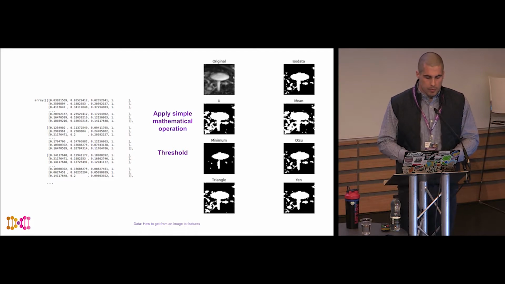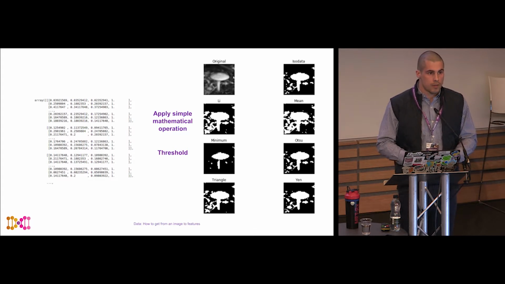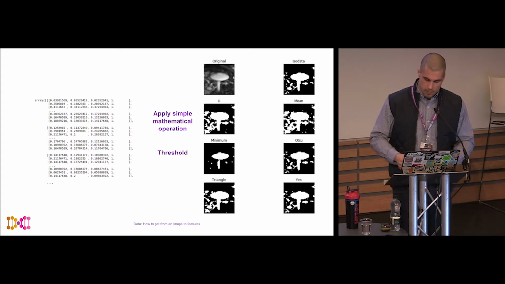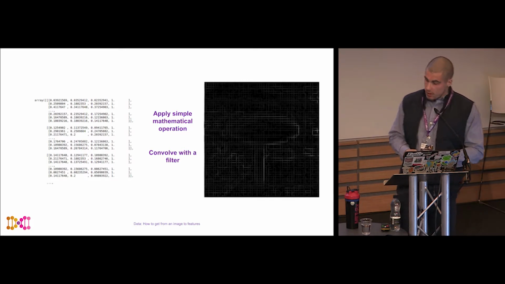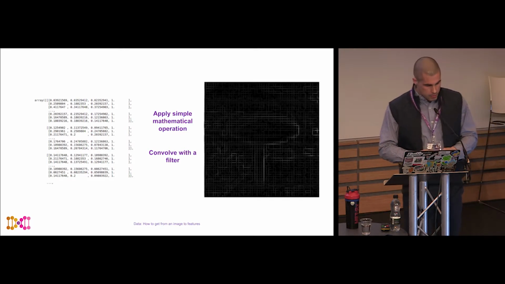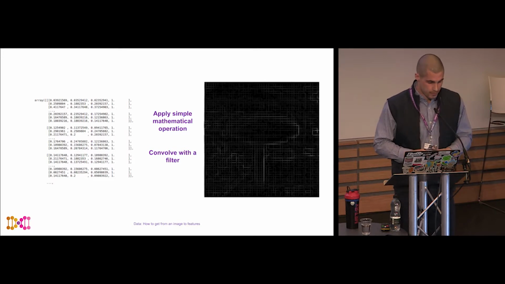For example, we can apply simple mathematical operations such as thresholding and then get the boundaries of the mushroom. Then we feed that into a machine learning model, the simplest one, and can classify, for example, dogs versus mushrooms. You can also convolve the image with different filters, and you don't necessarily need to know at this point what convolution means. All you need to know is that by convolving with a certain filter, you can detect edges within an image. This is an illustration of that. You can't really see it very well on the slides in front of you, but if you could, you would see an outline of a mushroom.